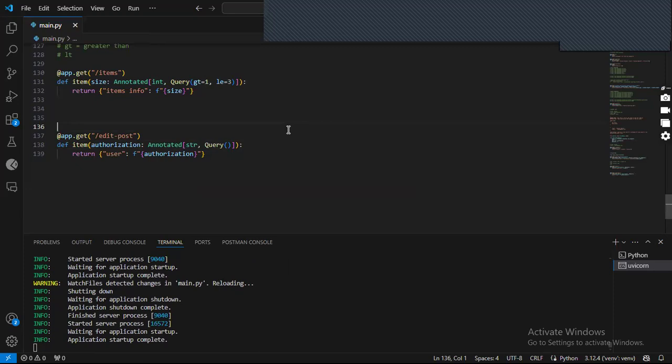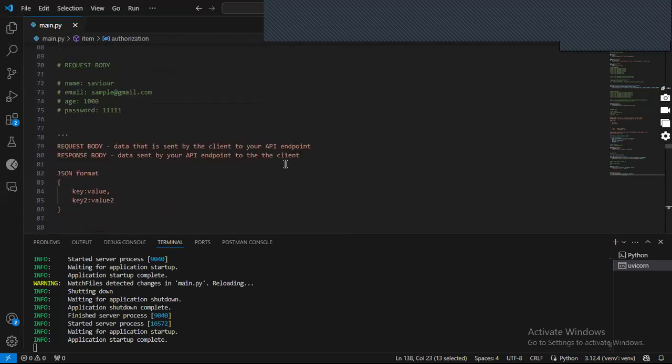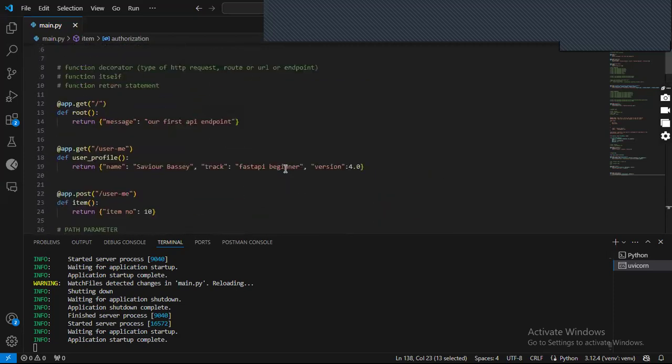But if I leave it like this, it simply means that authorization here is a query parameter, because we are explicitly making it a query parameter. So similar to how we have query, path and body,